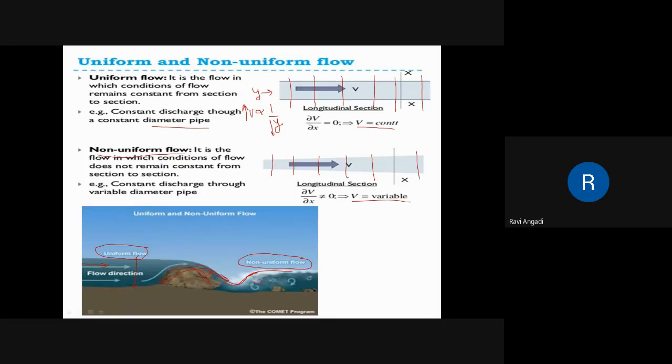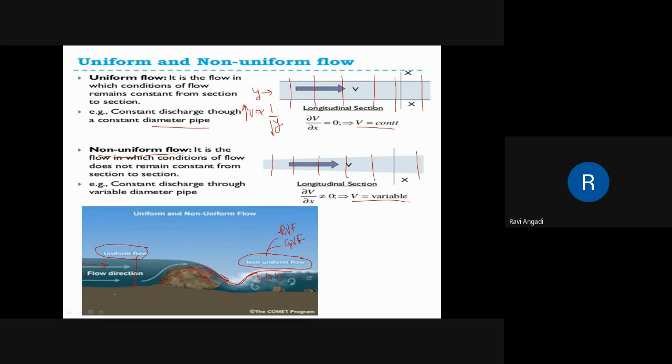Okay, in non-uniform flow a lot of turbulence will be there. A lot of turbulence is created in this type of flow, which we call a non-uniform flow. Again, in a non-uniform flow, you know there is rapidly varied flow, and one more is what? Gradually varied flow. Understood? Rapidly varied flow and gradually varied flow. About this, I already discussed in the previous module.